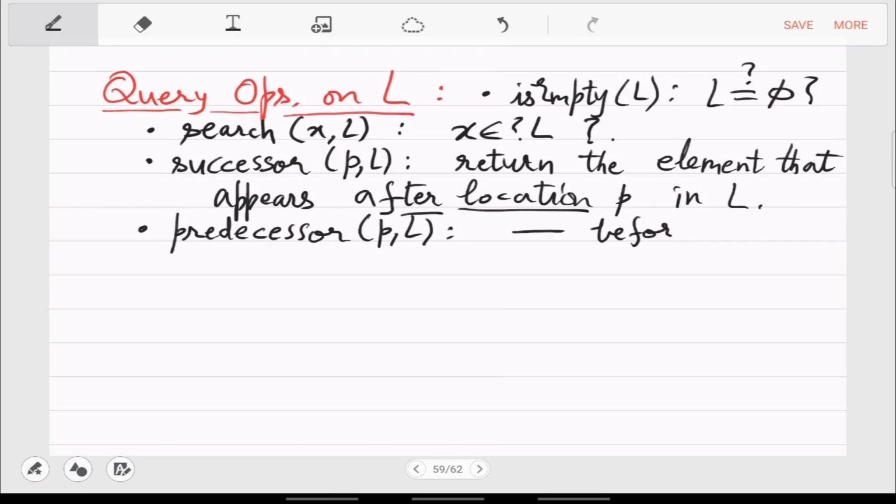So same thing, but before. So you have to return the element that appears before the location P in the list.